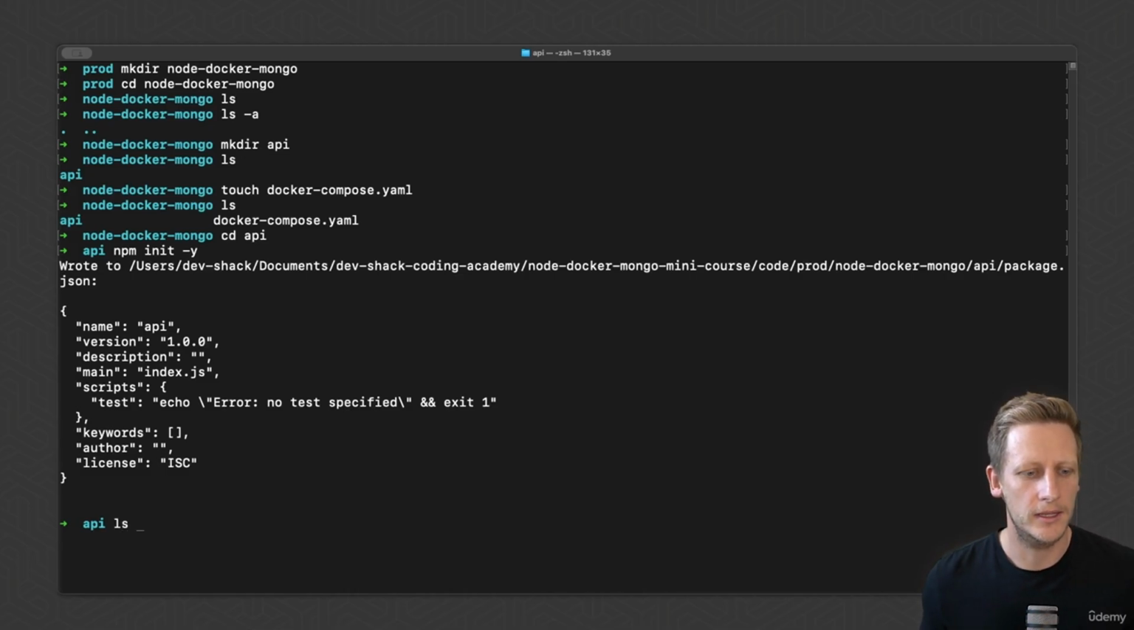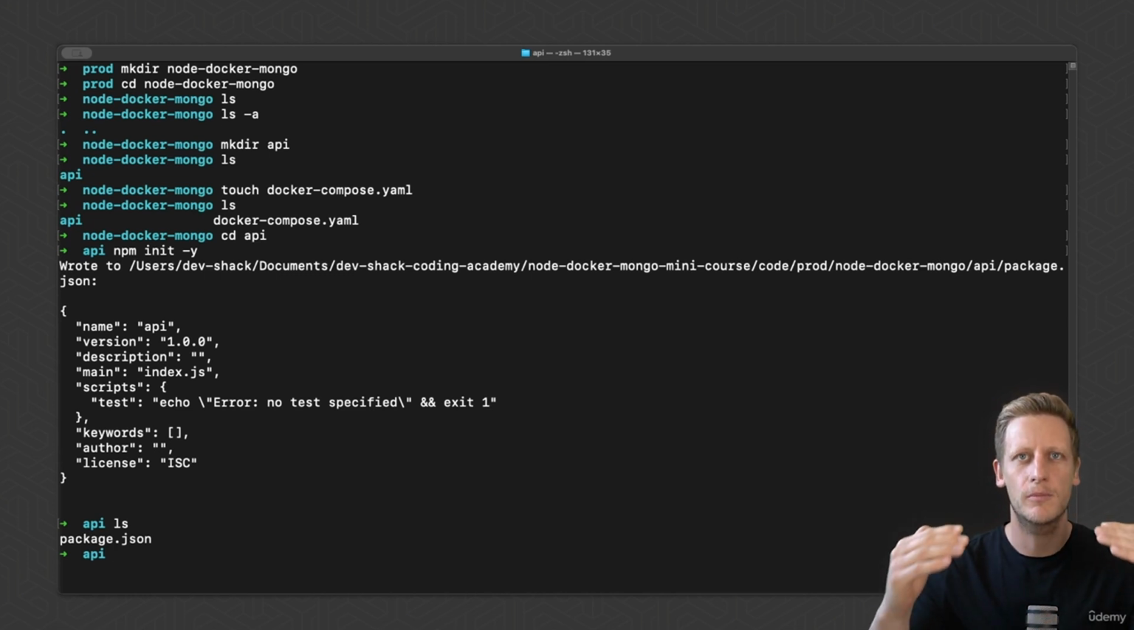And so if we do an ls in this API folder, you'll see that we now have a package.json file. This package.json file just contains this object that's been outputted here. So that -y flag just goes ahead and creates a very bare bones, very simple package.json. It doesn't take you through the prompt step by step to actually name everything or fill in the